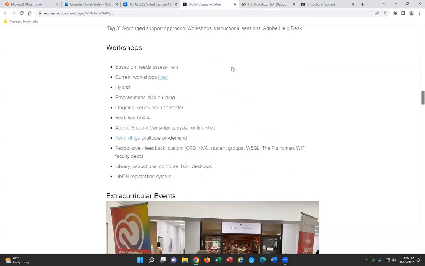So we try to make them programmatic and skill building. So for our beginner level workshops, it is just a broad overview of, say, what Photoshop is and some basic tools that everybody would need to know getting started, like how do you crop, how do you change some of the basic colors, how do you save out different types of files and things like that, where a more advanced version would be like masking and taking out objects and blurring backgrounds,